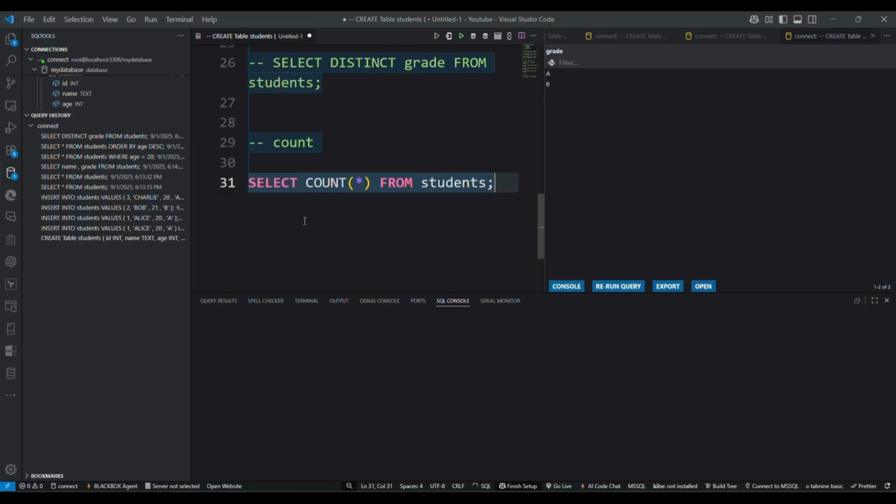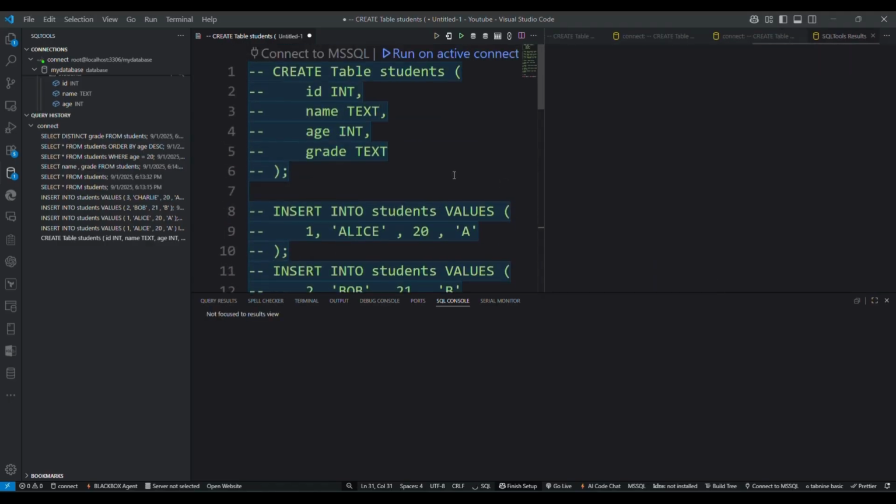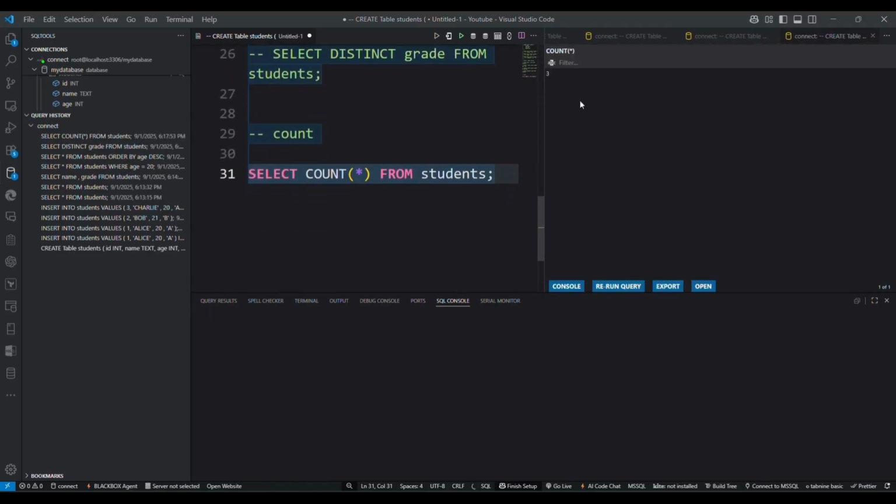So this tells us how many rows are in the table. Basically, how many students do we have? So if we run this, we can see we have 3 students.